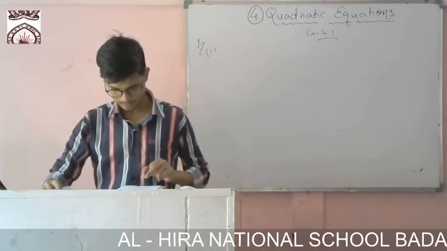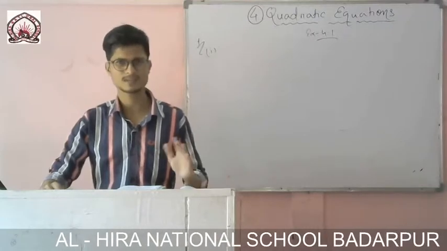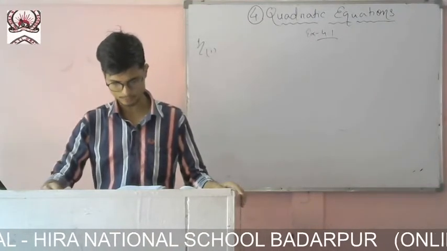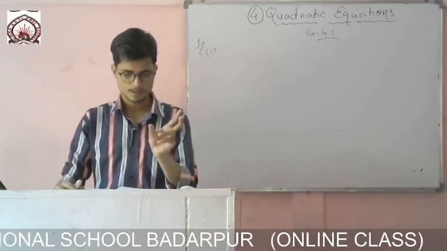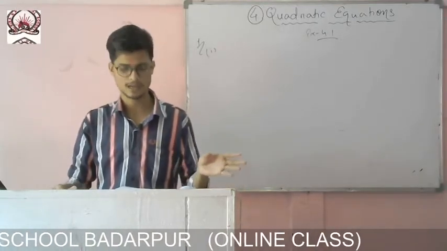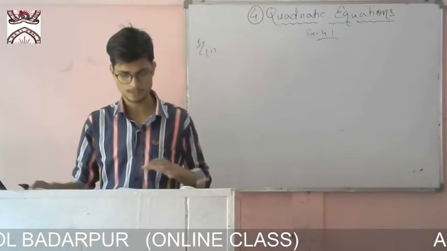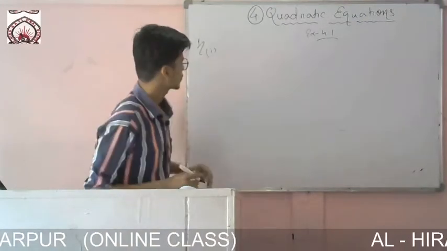But you will not find them in standard form, that is ax square plus bx plus c equals to 0. So first of all, you have to convert it into this form. Then you have to see whether the power of the polynomial part, the highest degree, is 2 or not. Okay, then only you can understand. So let me write the first one.